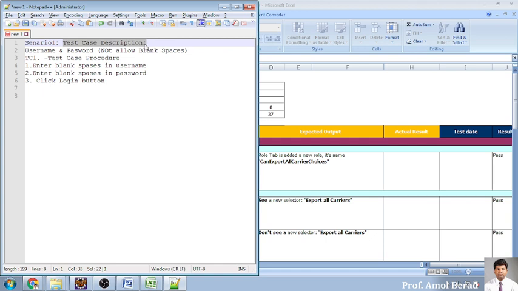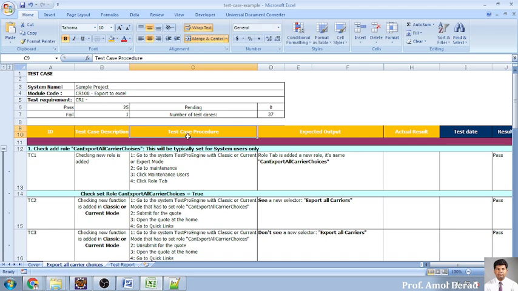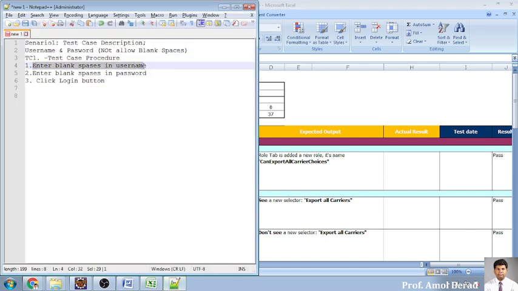You will be writing your description into your test scenario, whatever scenario you want to check. The procedure, that is the second column, you will be writing what all procedure you will be following. So the first procedure is entering username, second one is entering password, and third one is clicking the button. Okay, so if I enter any blank spaces,